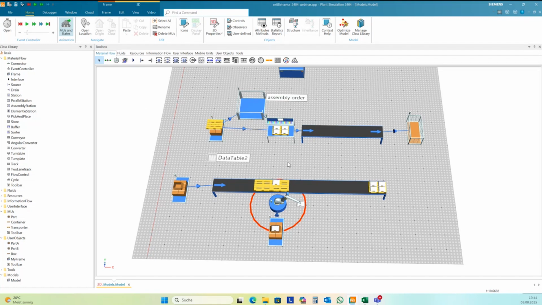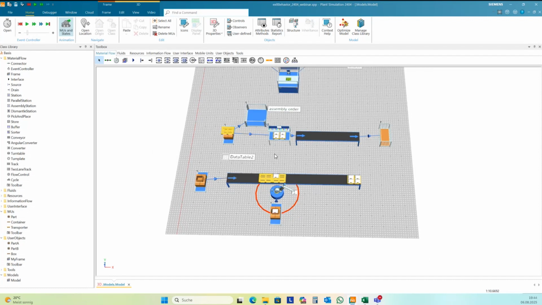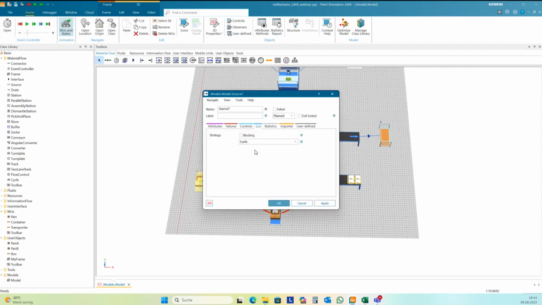So you can do a lot of different things using this tab, exit. And you don't need to program, and it's faster than your programming.